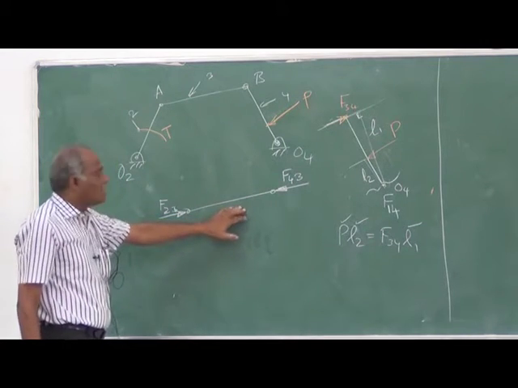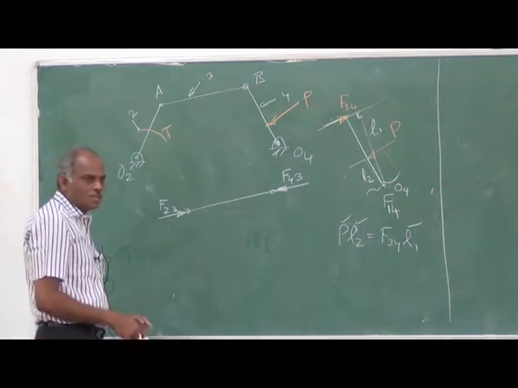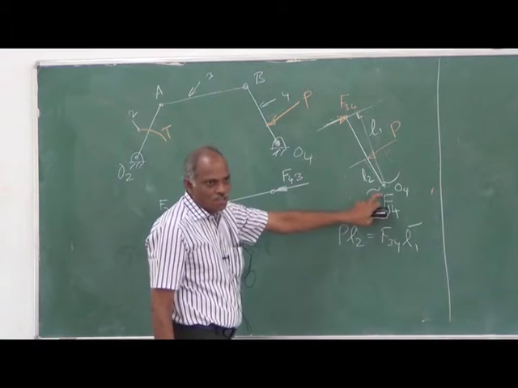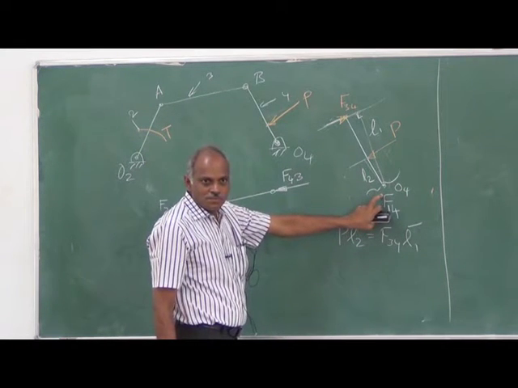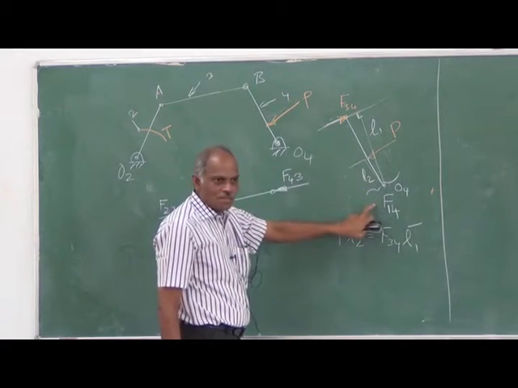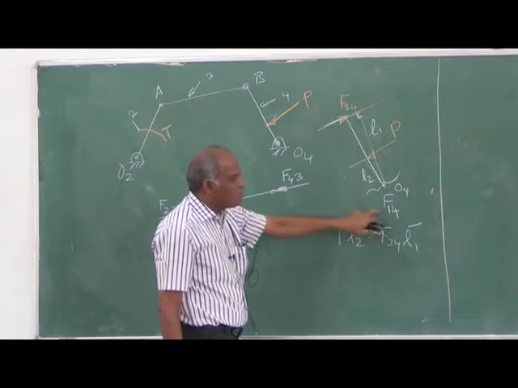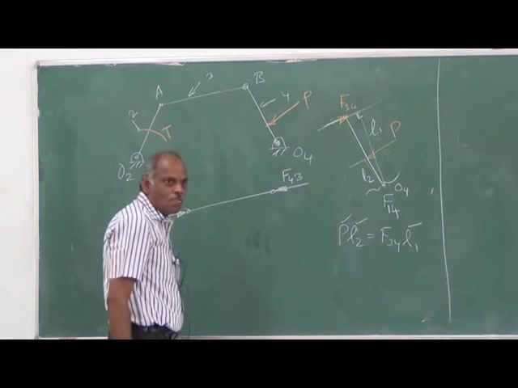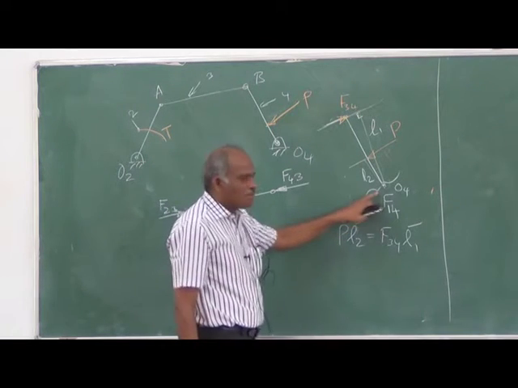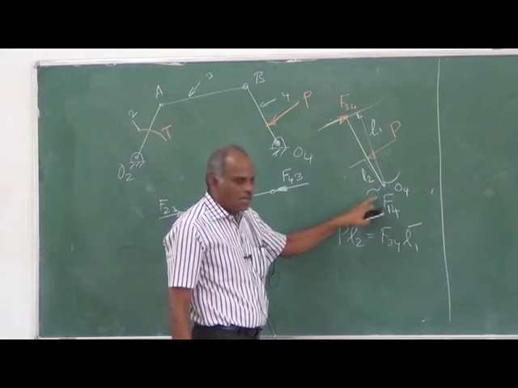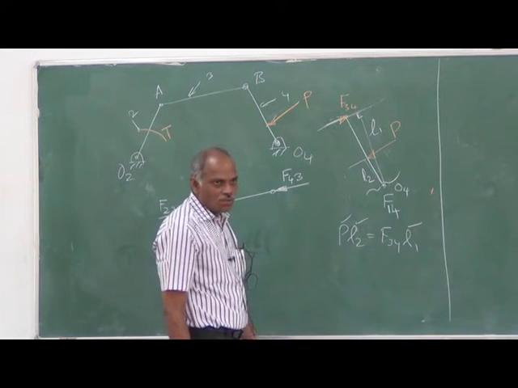Okay, that is the free body diagram of linkage 3. Now when you come here, F14 is still not known. Isn't it? We have not completed this because we have seen only F34. F14 is still not known. So now you can see the number of unknowns is only two: the magnitude and direction of F14 is the only unknown.